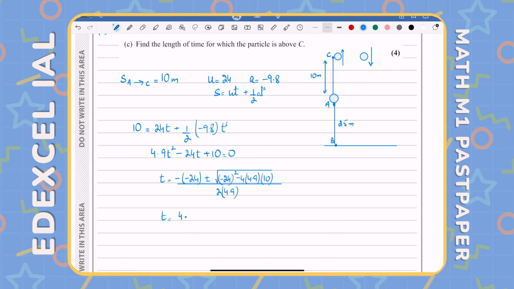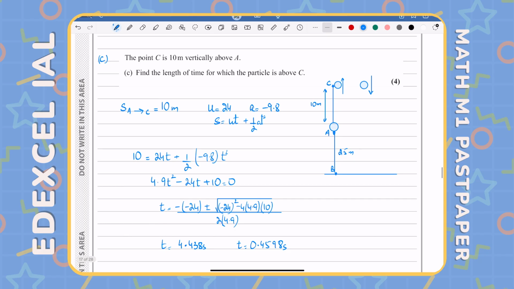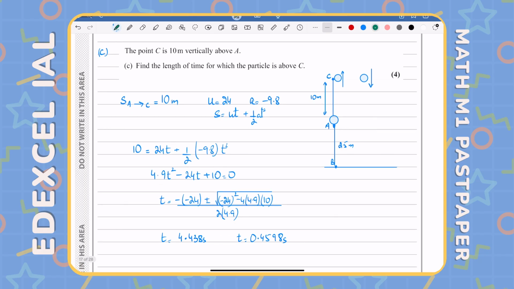So the 2 values that we get, one is 4.438, obviously not the final answer, and the other value of t that we get is 0.4598. The reason why I'm taking so many decimal places is because it's not the final answer. Now how do we make sense of these values? Well, here's the deal. Notice that one value is smaller than the other. What does that mean? That means as soon as the ball was projected, it was at point C at 0.4598 seconds on the way up, and then once again it was at point C at 4.438 seconds